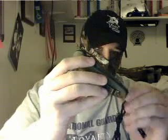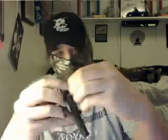Now what you do to attach this lanyard, you take your good old paper clip, stick it through the hole, you fold it, and you stick it through your hole in the knife, just the paper clip at first. You pull it through, and you can take your paper clip out. I was going to use the pliers to get it completely out. And now, you just take the other end of your lanyard, and you stick it through the hole, the loop that you've made, and